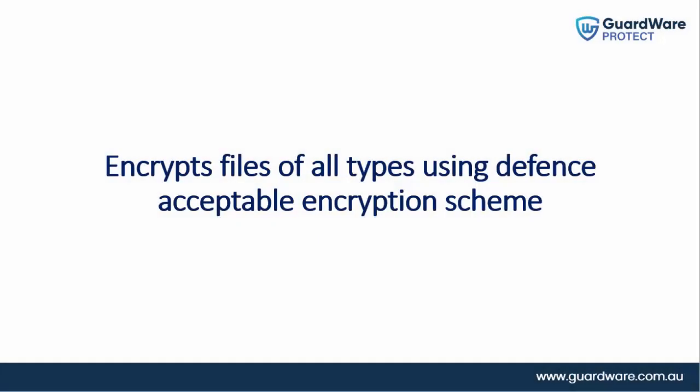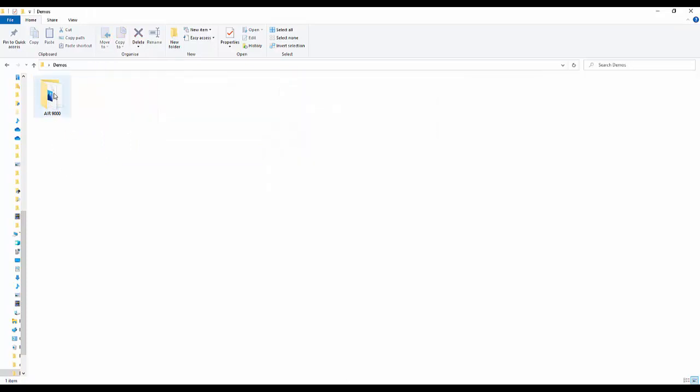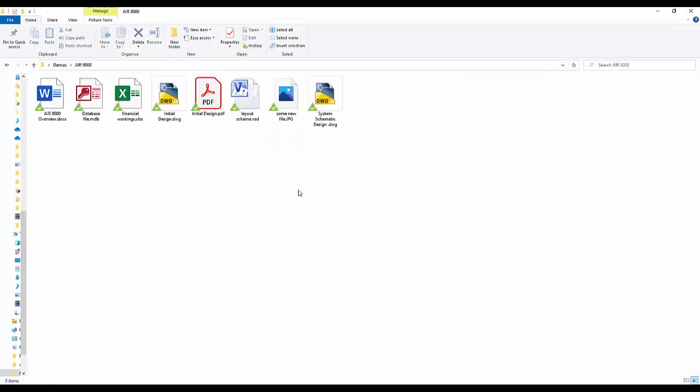GuardWare Protect can encrypt files of any type, which not only includes Office and PDF files, but things like source code, CAD files, rapidly acquired sensor data, videos, images, and other file types. As you can see here, there are files of different types: Word, PDF, image, database, Visio, CAD. When I move these files into a monitored folder, they become encrypted, and encryption is depicted using a triangle icon